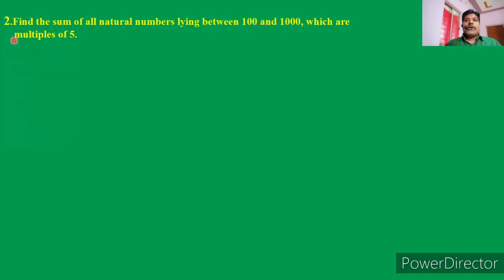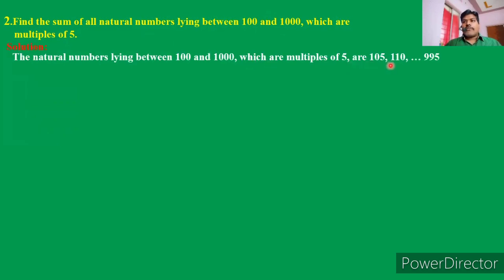Are you understanding that? So, the multiples of 5 after 100, what number does it start with? That is nothing but 105. So you can take the numbers as 105, 110, 115, 120 and so on. What is the last term? 1000 is there. What is the preceding term of 1000 which is a multiple of 5? It is 995. So here you have to get the sum of all these natural numbers. First you have to identify how many terms are there.